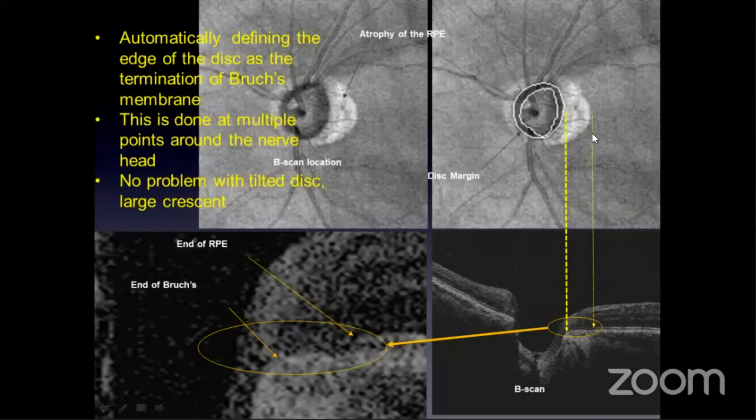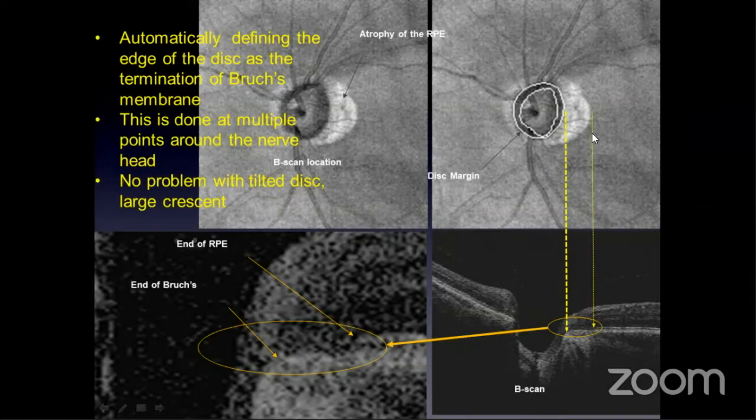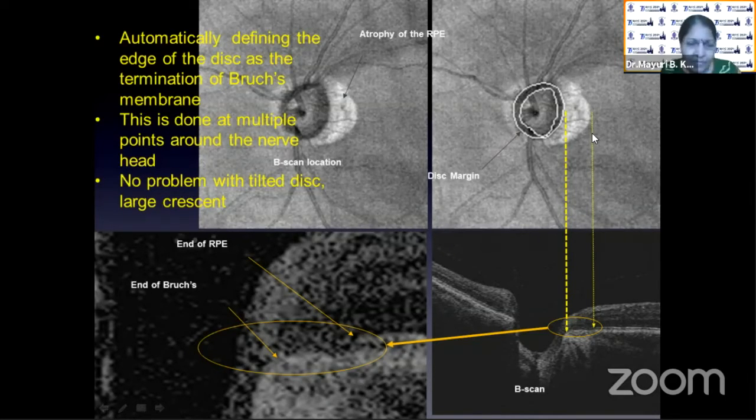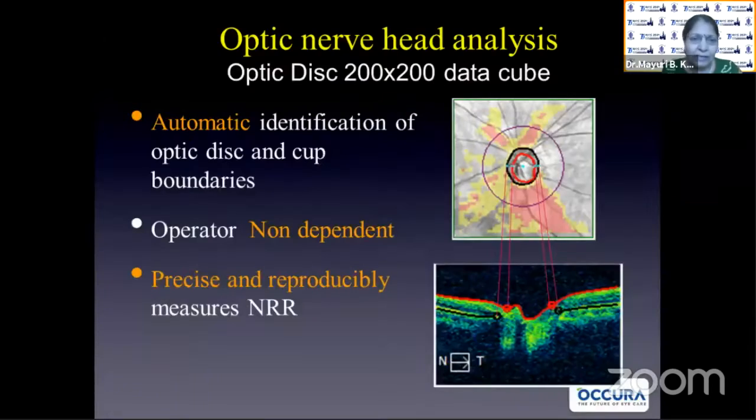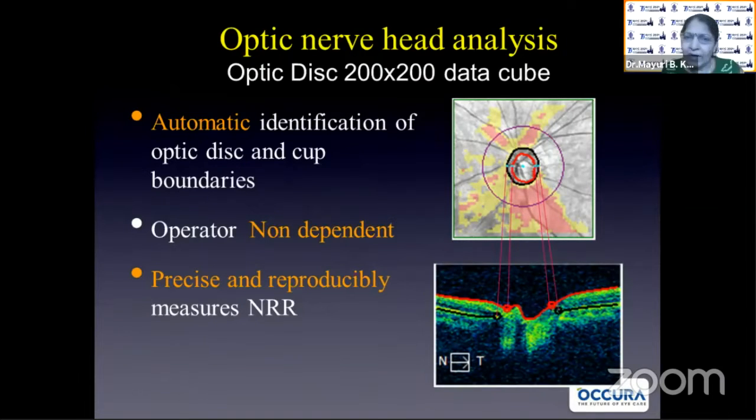This machine has the capacity to automatically define the edge of the disc as the termination of Bruch's membrane, as shown here. This is done at multiple layers all around the nerve head, and that is why it has no problem with a small tilted disc or a large crescent. As I said, multiple softwares are available for the optic disc.